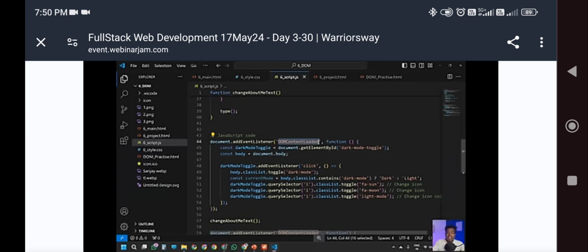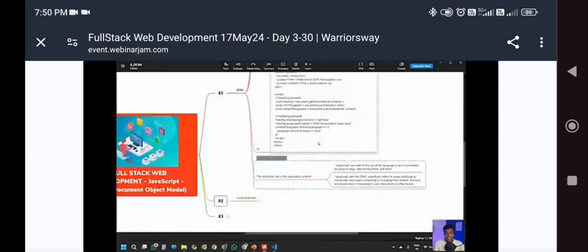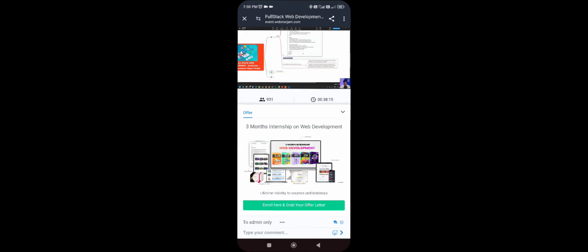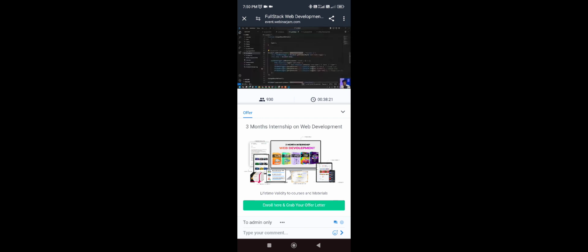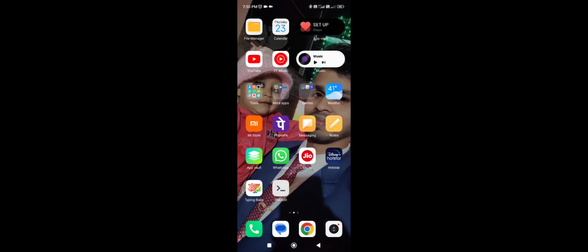So that's why DOMContentLoaded is very important. What does it mean? It is going to wait for the DOM to get loaded. So that's what this DOM is all about. Here, the document object model is the complete document, it might be HTML. That complete document needs to be loaded